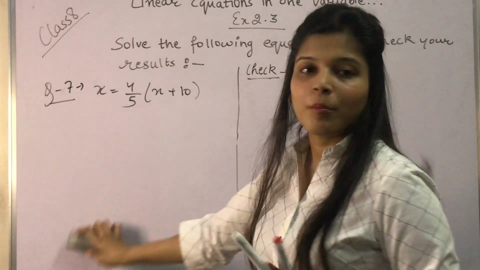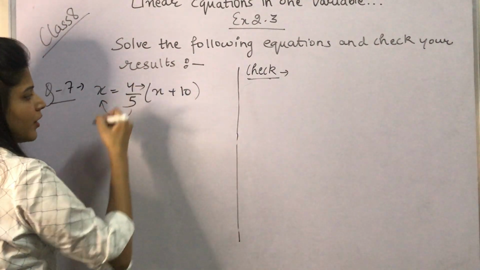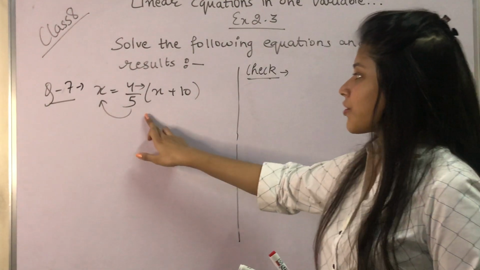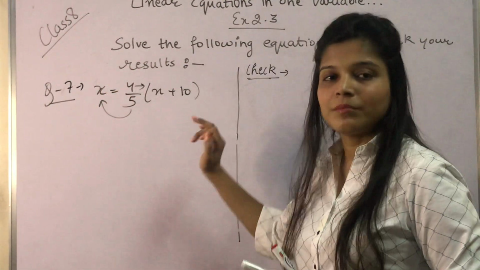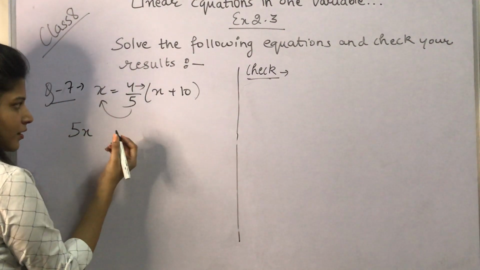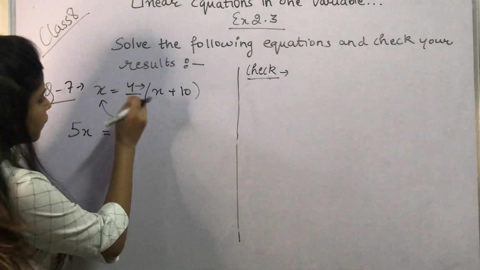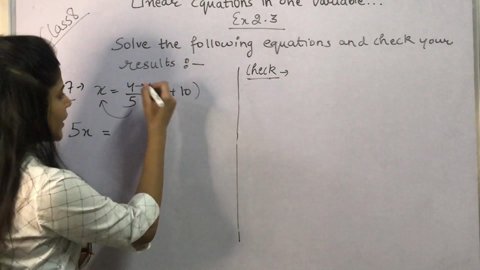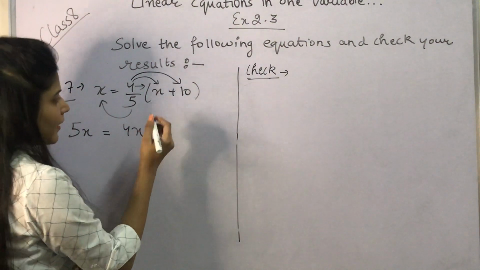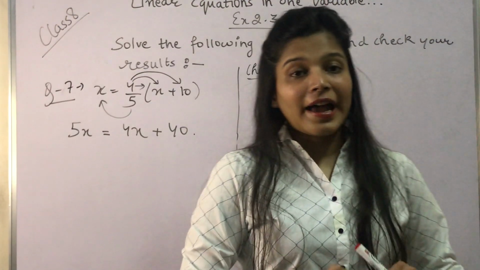हम simply इसको bracket को open नहीं कर रहे, we are taking 5 on the LHS and 4 multiplying with x plus 10. Okay, we can divide this fraction. 5 को हम उधर ले गए and 4 को multiply कर दिया. देखते हैं कैसे. 5 उधर गया multiply हुआ, so it becomes 5x. Alright, equals to, now इधर रह गया 4 because 5 is transposed. Now 4, so 4 into x and 4 into 10. So 4 into x is 4x, 4 into 10 is 40. So this becomes our equation. I hope this is clear.